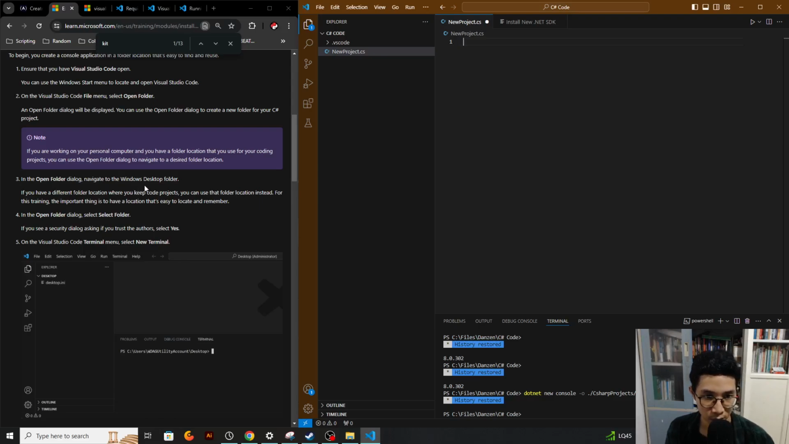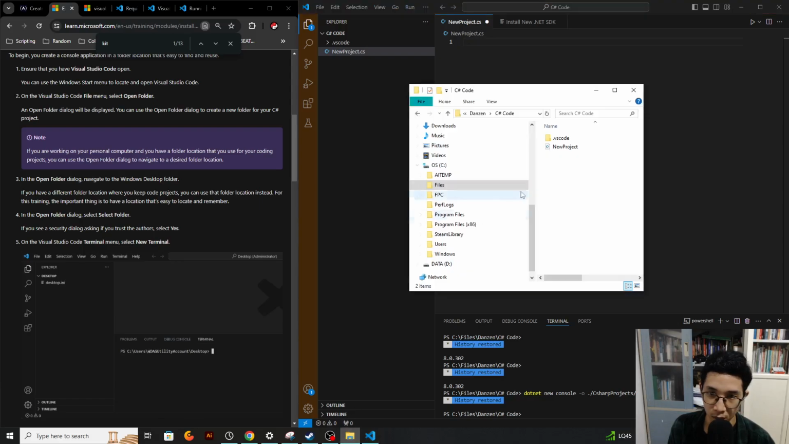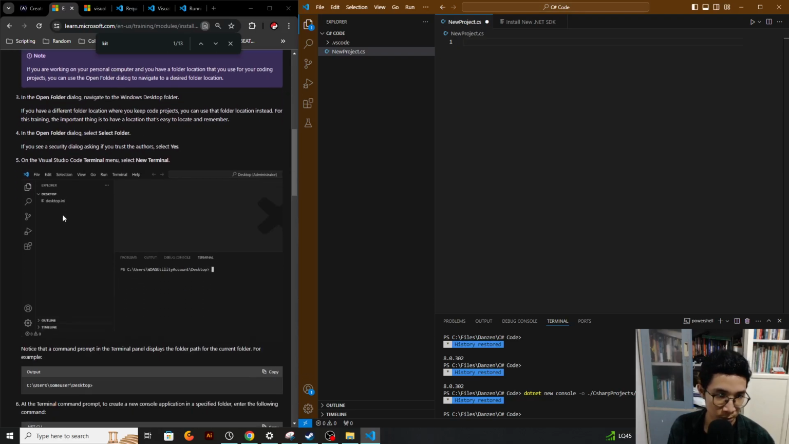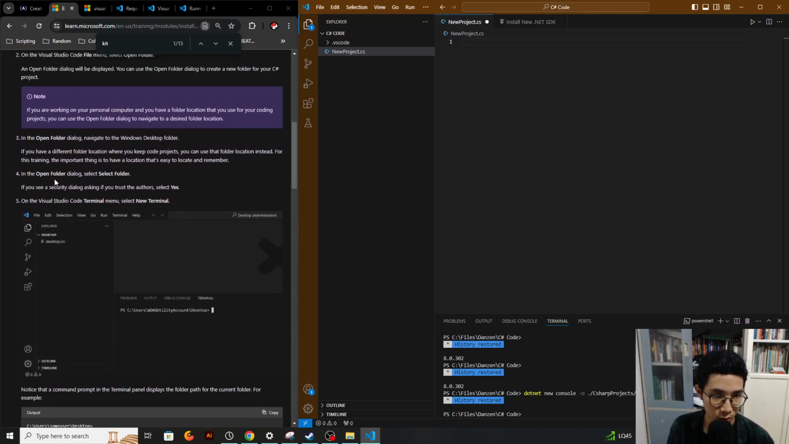Okay, in the Open Folder dialog, navigate to the Windows desktop folder. If you have a different folder location where you keep code projects, you can use that folder location instead for this training. The important thing is to have a location that's easy to locate and remember. This one is pretty easy to remember, as it says. Okay, in the Open Folder again,